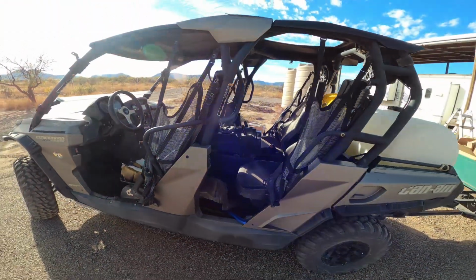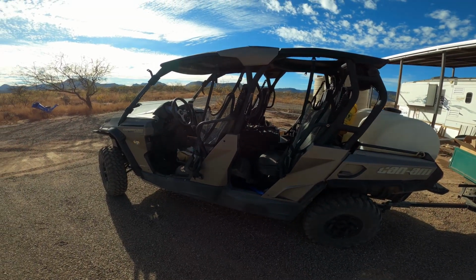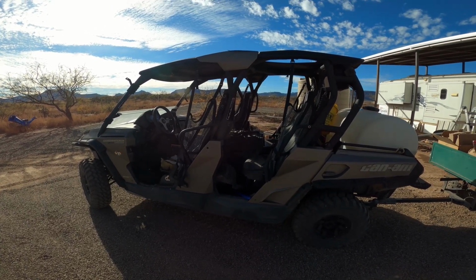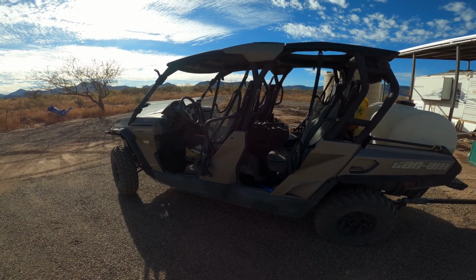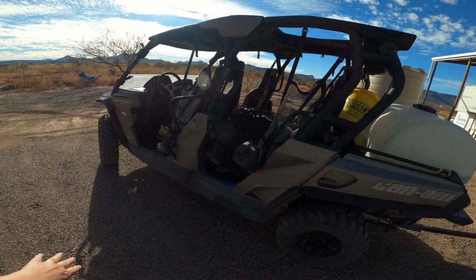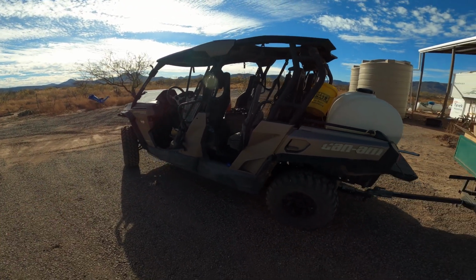Something important that was helping the car to not overheat, and so we've noticed that the ATV was overheating pretty much right away when we were using it. I think he also has another part coming in, a little thermostat thingy, because the thermostat is staying closed and not opening. So long story short, this thing has been overheating and Josh got it fixed and we're waiting on one more part